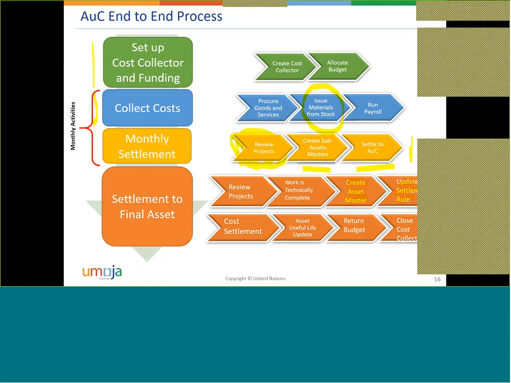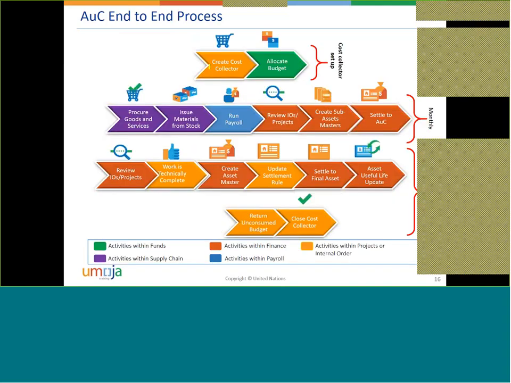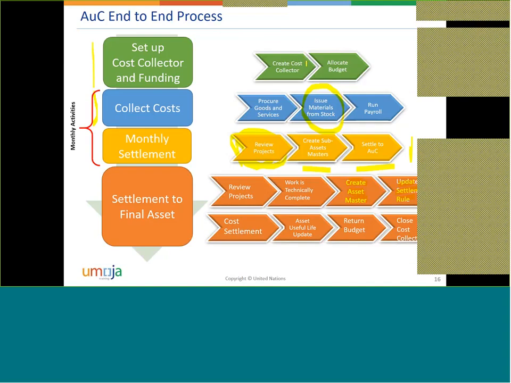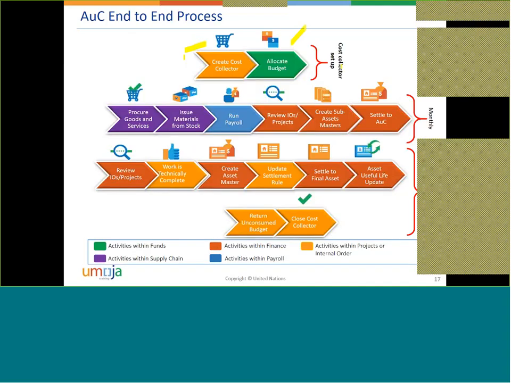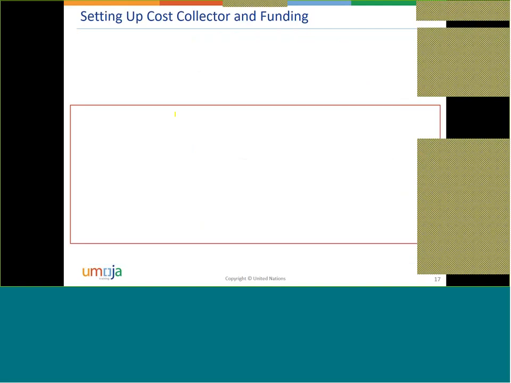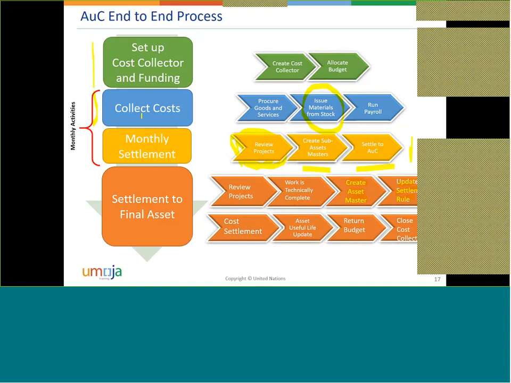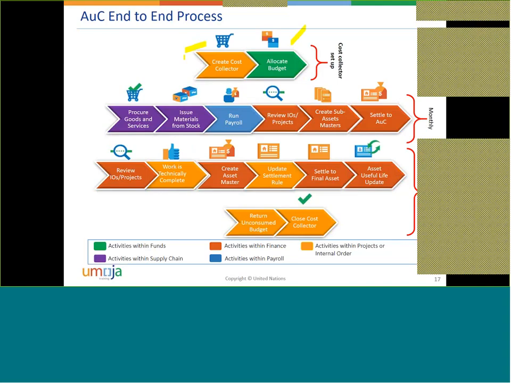see here. Cost collector, right? Allocate budget, procure goods and services. It's the same thing, okay? Don't get confused. If you understood this slide, you already understand the AuC end-to-end process. Don't get confused. This is another way of seeing the same thing, but for you to get an idea of